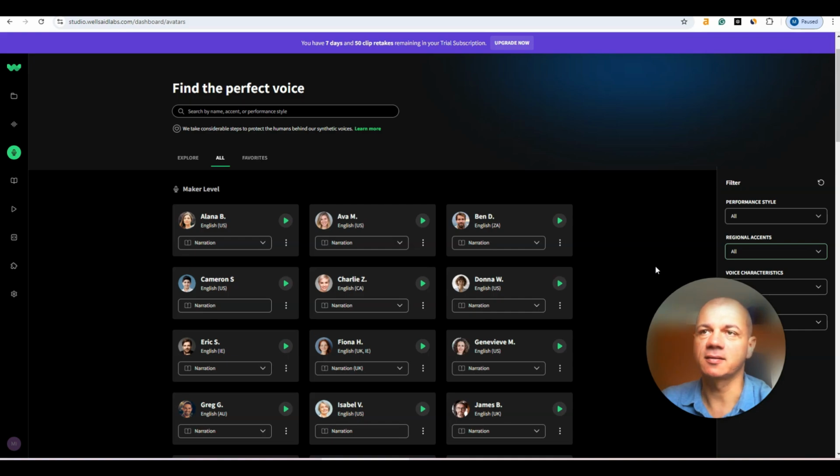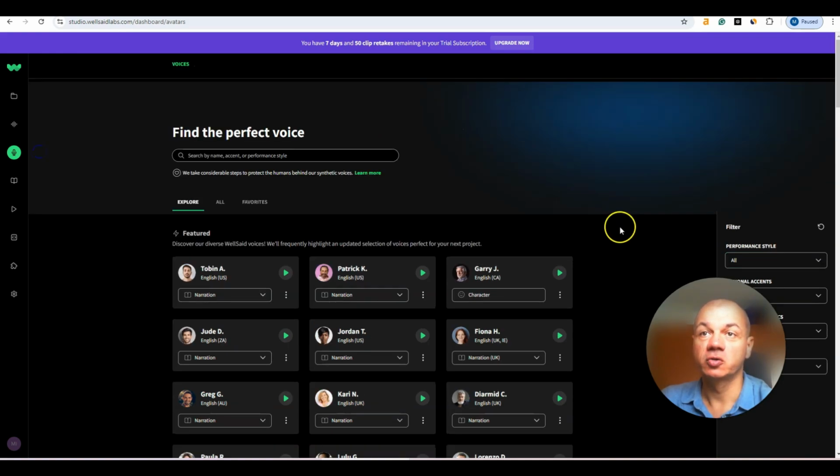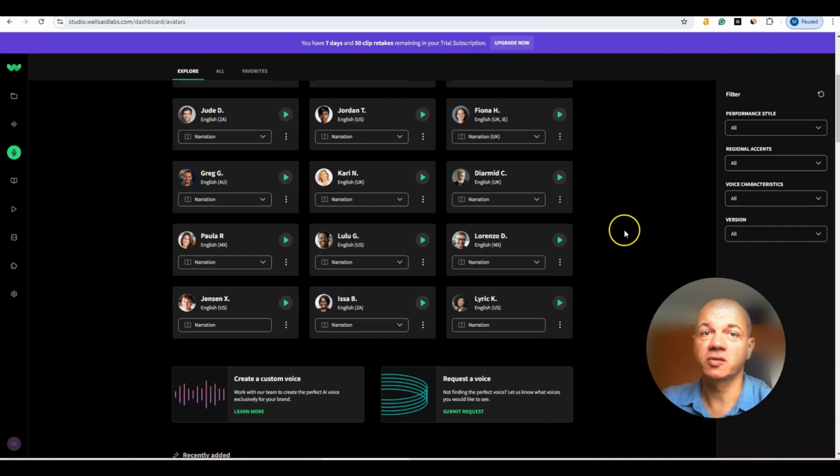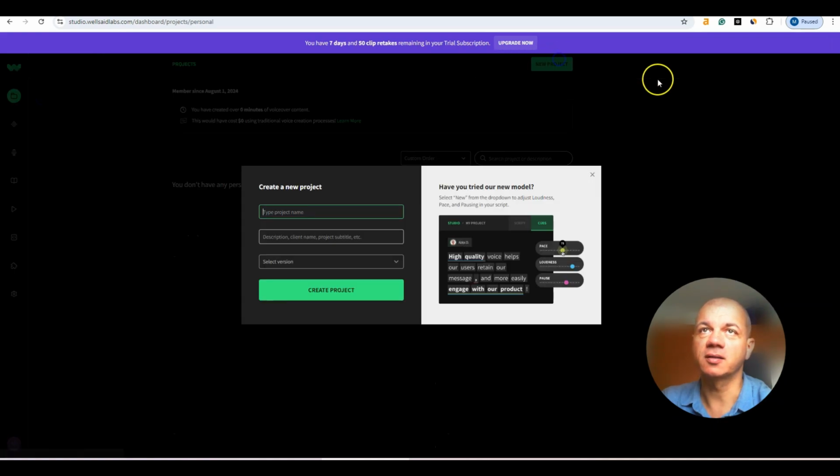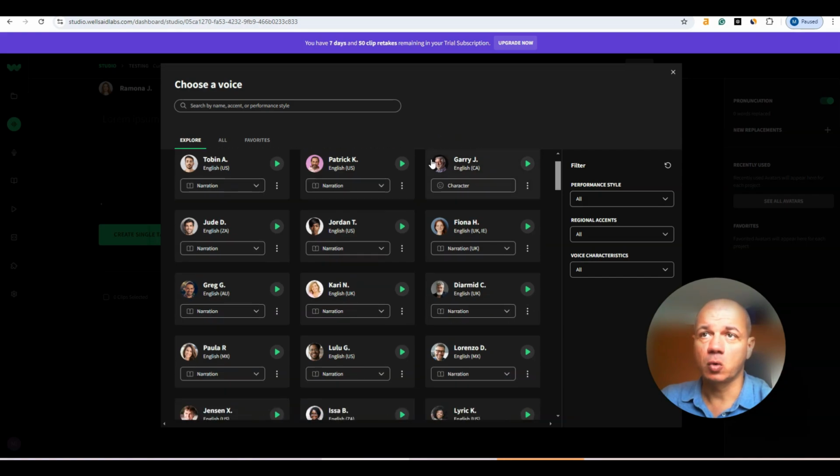We can deselect it and we have all available voices right here. So these are the voices that you will pick up once you start with the project. So to have the voice ready, you just go to projects and select a new project. You can name the project, testing, explaining the API, current version, and let's create the project. Let's pick one voice. Let's say I want to have Patrick with the American accent. We can check the narration, whether it will be conversational, and you go to the three dots and select this